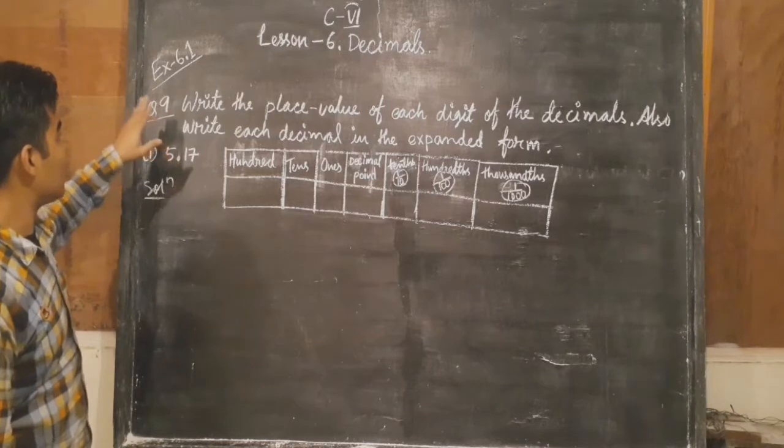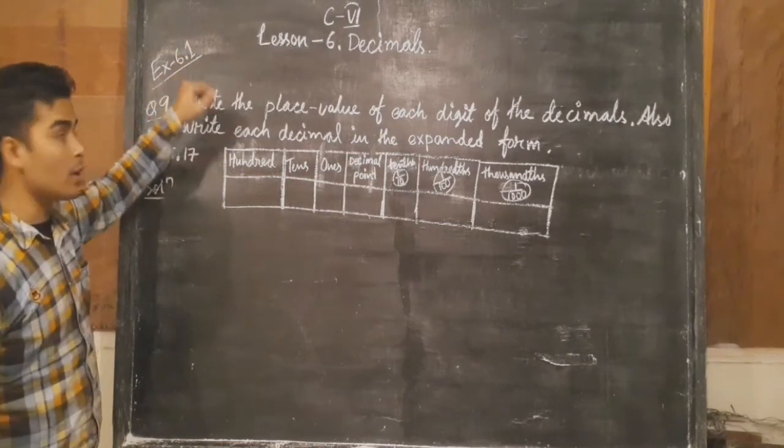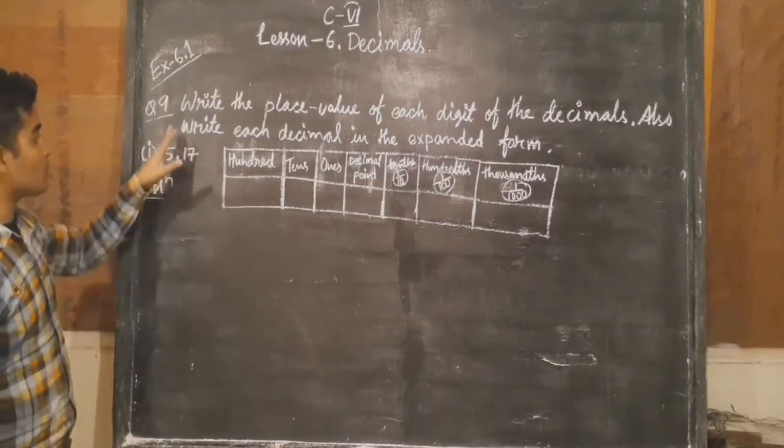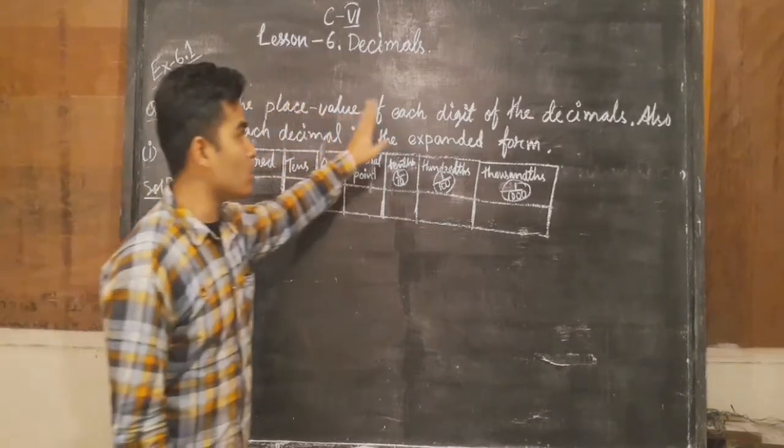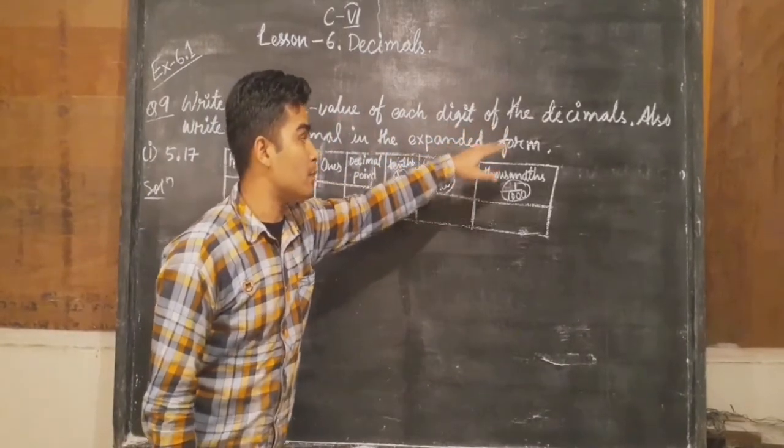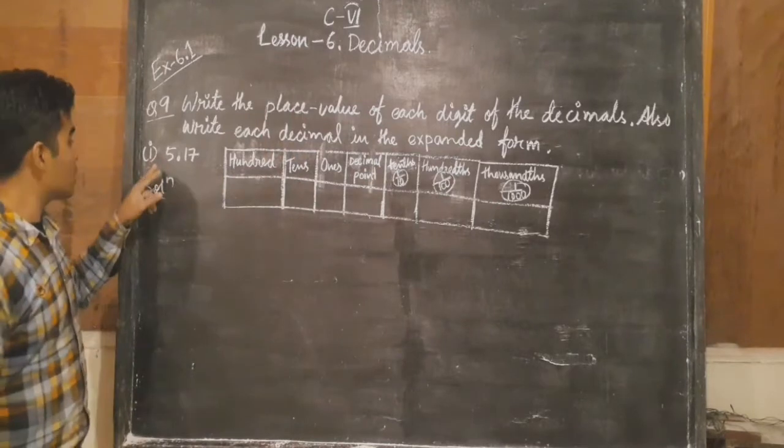Question number 9. This question I have taken from exercise 6.1. Let us read the question first. Write the place value of each digit of the decimals. You can see I have taken this decimal